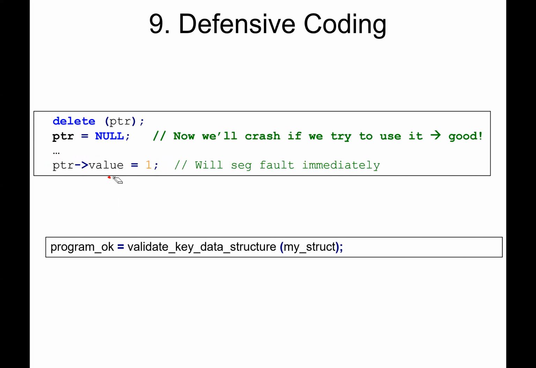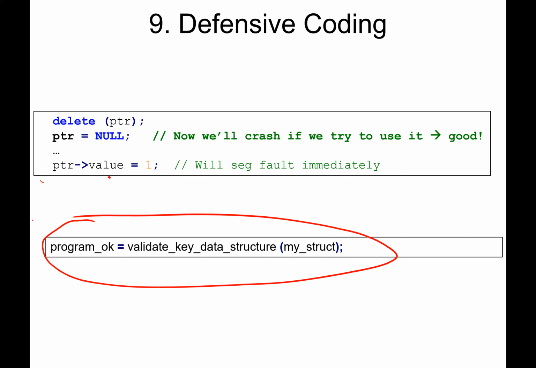If you didn't set this pointer to null, then this code is not legal, but it might crash and it might not. And if it doesn't crash, it's worse, because you just wrote over some data, you don't know where it is. And the last thing you can do, which is a more advanced technique, but is done a lot